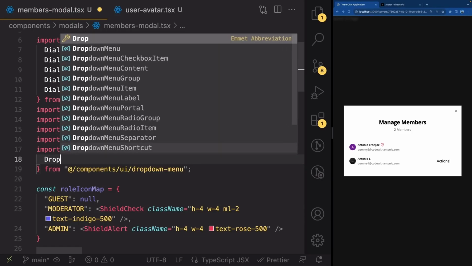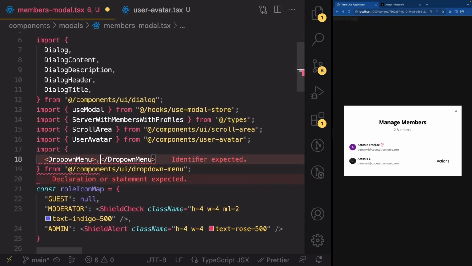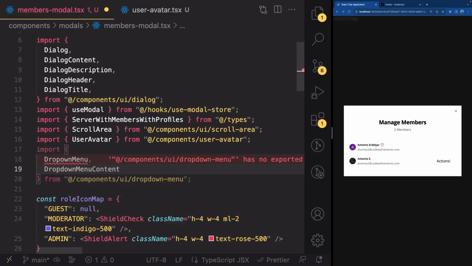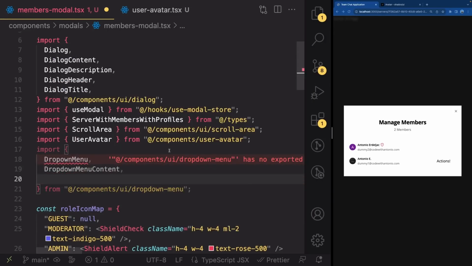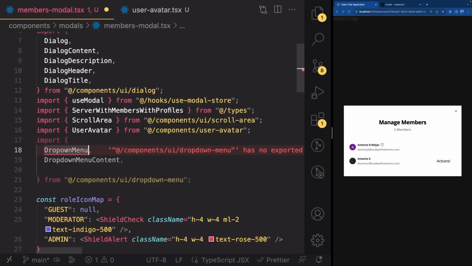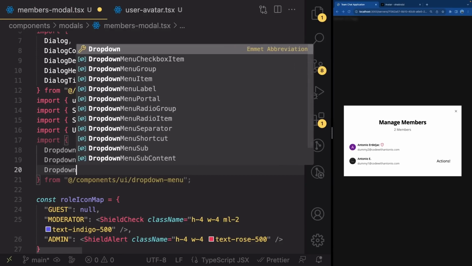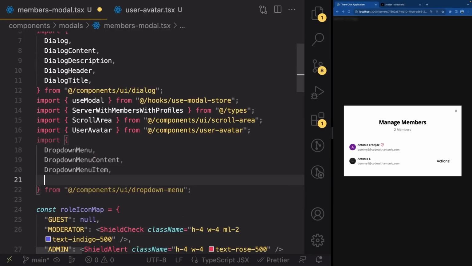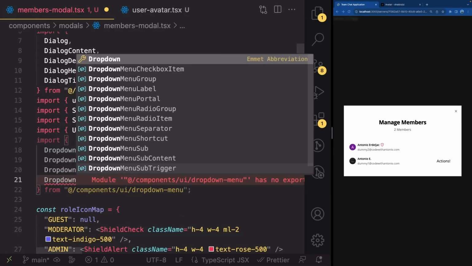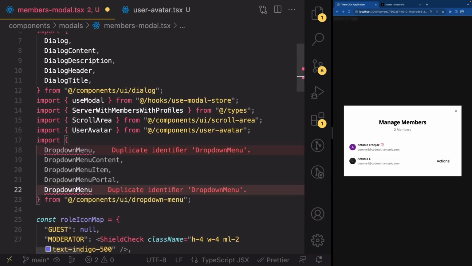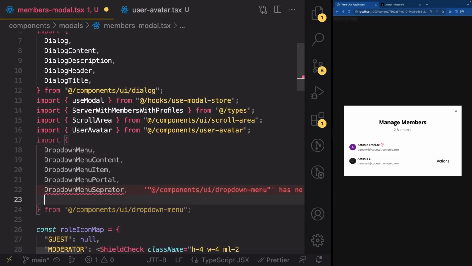Let's import the DropdownMenuContent like this. And let me just see what is the mistake in this one. So I just made a typo, my apologies. So it's DropdownMenuContent, DropdownMenuItem like that, DropdownMenuPortal, DropdownMenuSeparator